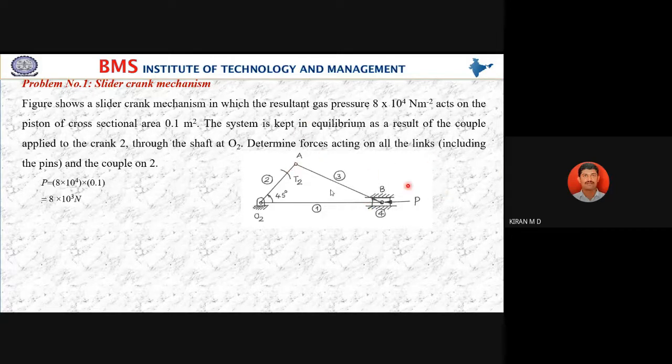what the forces are. So now it is in the equilibrium condition. We know that because it is working in the machine. Okay. What forces are developing in the remaining 3 links? The force acting on the piston, we know, is 8 kilonewton. So what force will act here and here and here? Okay. So to study that, first we need to draw the free body diagram.